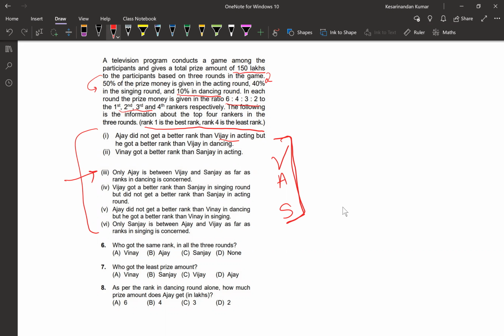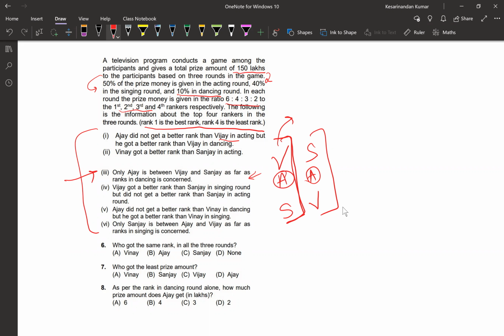Yeah, it means Vijay is superior to Ajay, and no, that cannot be concluded. It can be the opposite as well. Sanjay can be at the top, Vijay can be at the bottom. The only thing I know is they will be together and Ajay will be in between. That's it. It can happen that Vijay is superior, that I'm not denying. I'm stating that you cannot conclude it only from this statement.